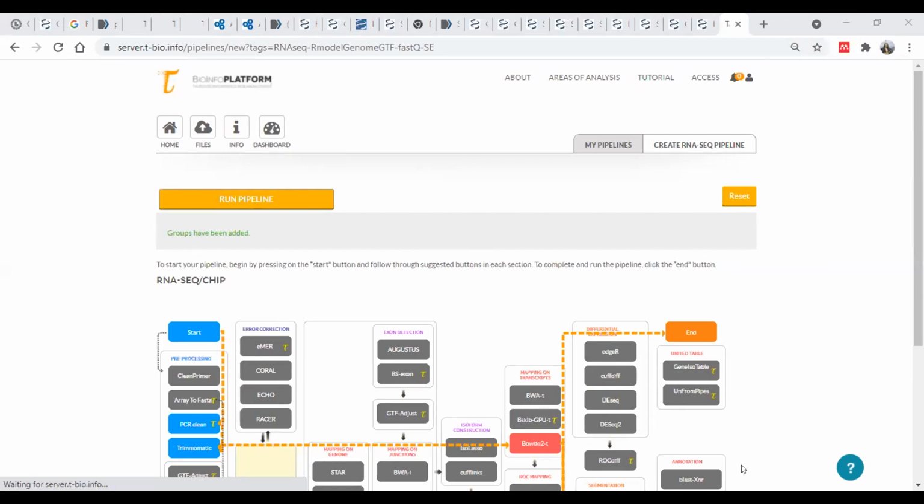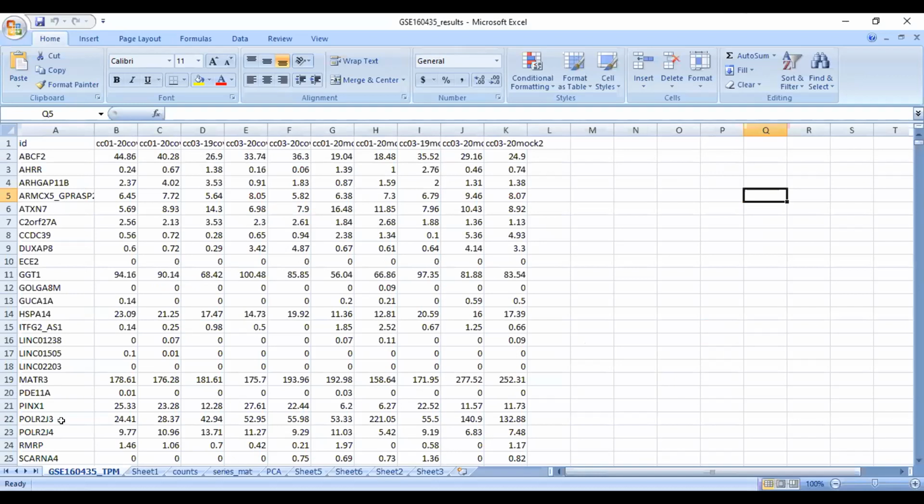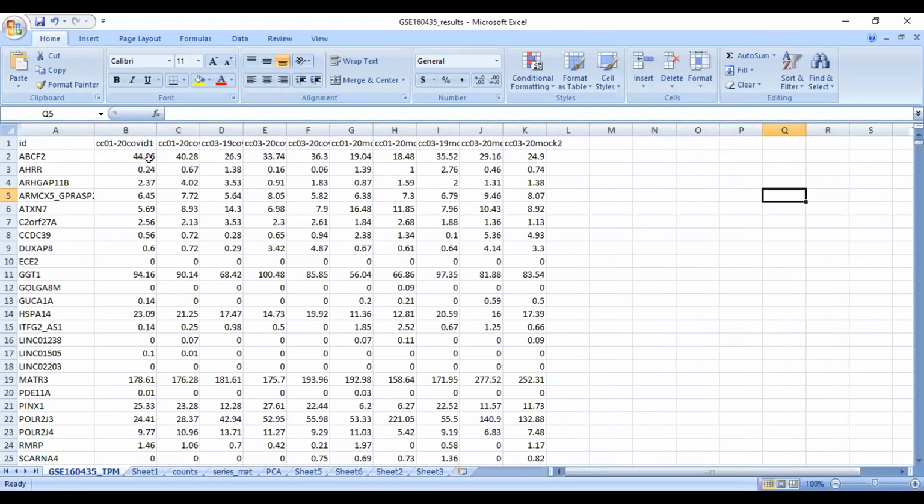So I have pasted this in Excel. Here we have ID, that is gene ID or sometimes gene symbol. Then in the columns, we have samples. And in the cells, these values represent the expression level, right? Now, once we have this gene expression level, we have a clear gene expression table.